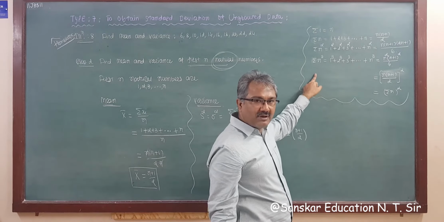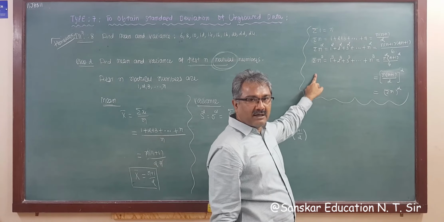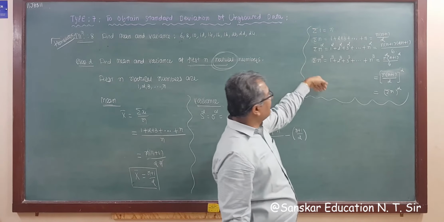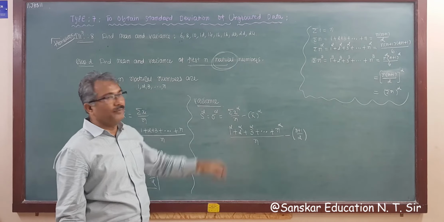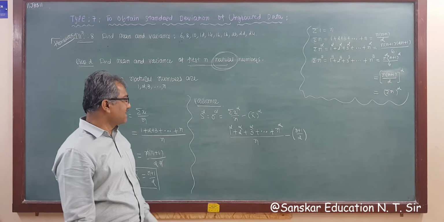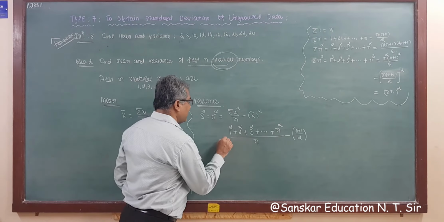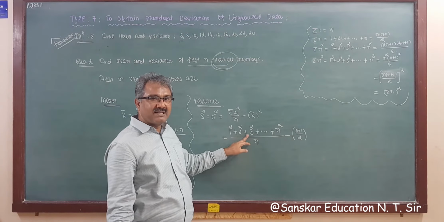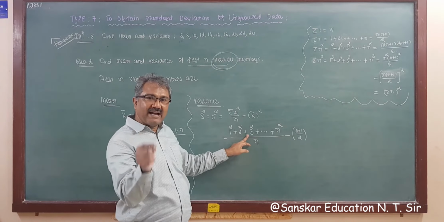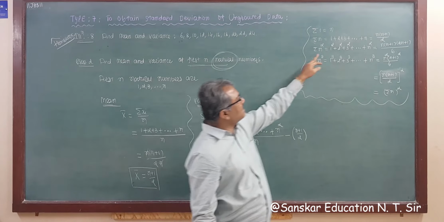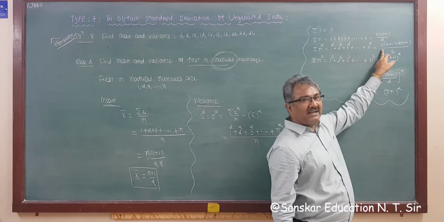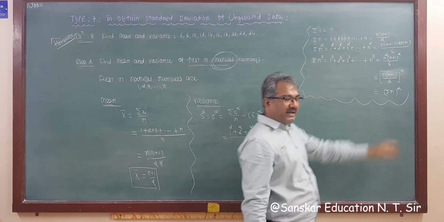So you are going to learn, after Diwali, sequence and series, and these are the important formulas of sequence and series. Now applying 1 square plus 2 square, the sum of the squares of the natural numbers, that is this formula. So the answer of this is n into n plus 1 into 2n plus 1 by 6.